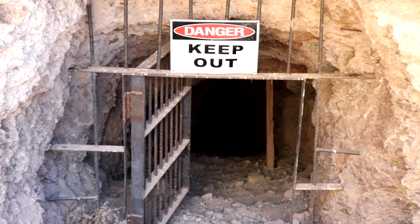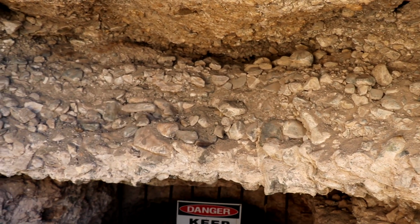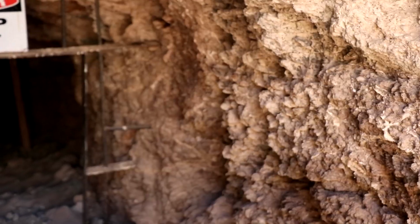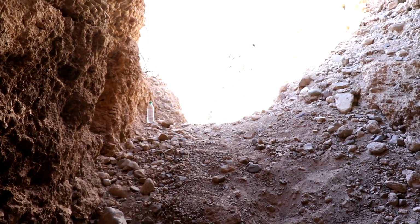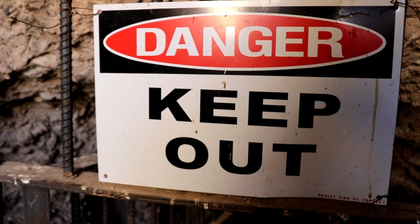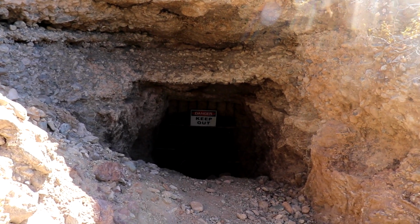While partially gated and signed, the door remained wide open. However, due to the fact that the roof was made up of nothing but loosely packed sediment, it seemed a little questionable to go down in. While it does appear to turn to solid rock part of the way down, a collapse seems real easy in this area. Regardless, it's one of the more unique adits I've seen, and I imagine some water could rush in during flash